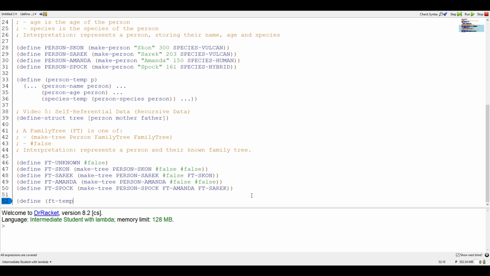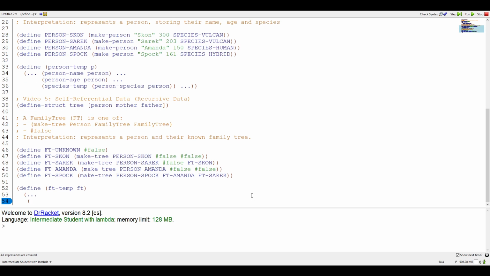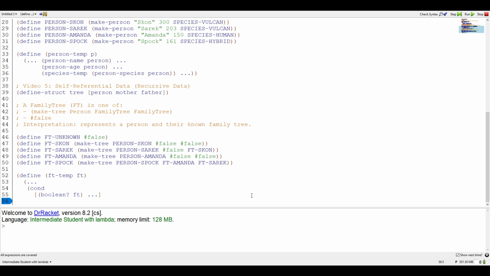I'll call it ft-temp. We'll take in a family tree. Start with three dots, our conditional statement. The first thing we want to test for is: is ft a Boolean? If it is, we want to return something based on that information. Otherwise, is it a tree? If it's a tree, then